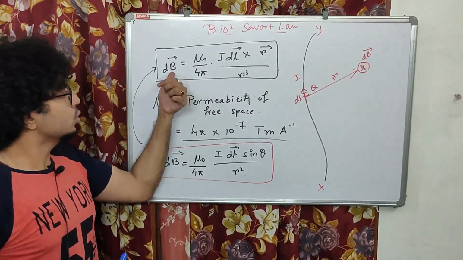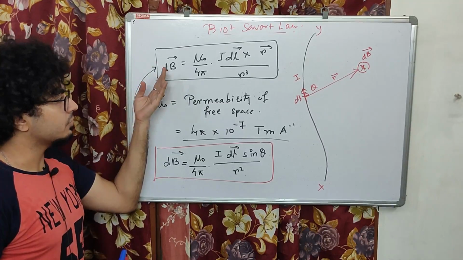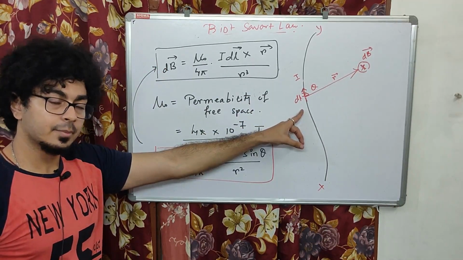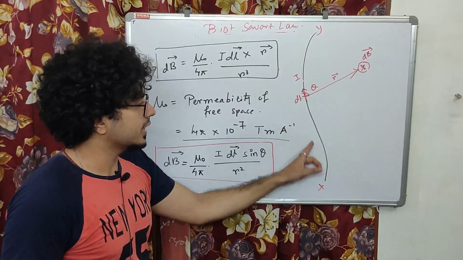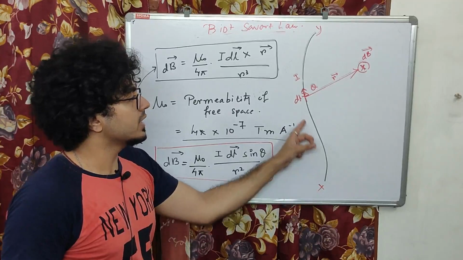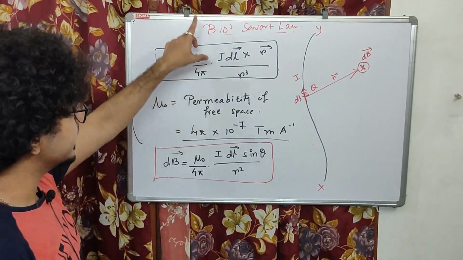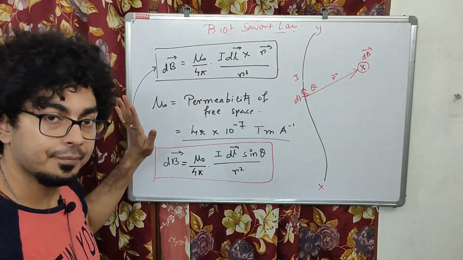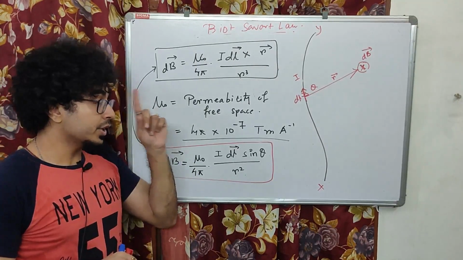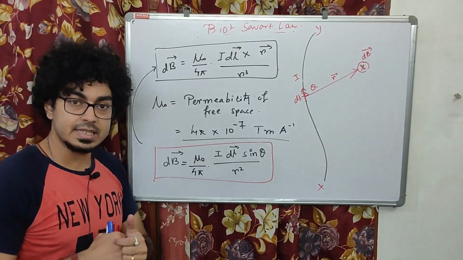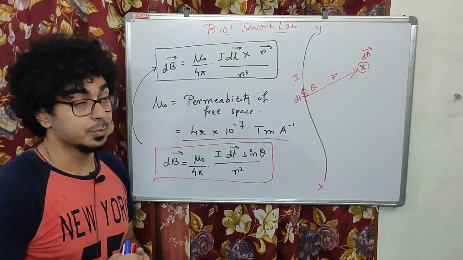So ultimately you get dB, that is the infinitesimal magnetic field due to this current element, right? If you need to find the magnetic field due to the total conducting wire, current is flowing through all these elements, so for that you need to integrate, just an integration sign. Got it clear? Now, the first doubt in your head is what mu naught is and what it represents, and the second is how we can understand the direction of the magnetic field produced.